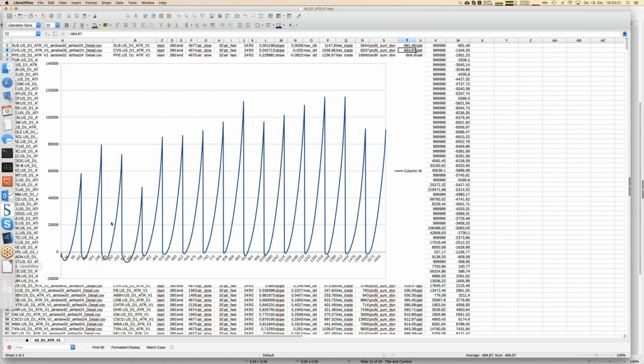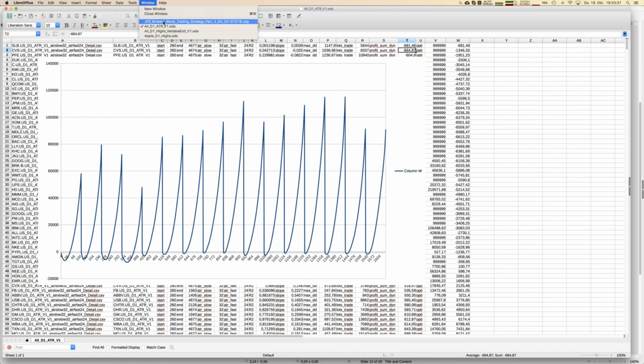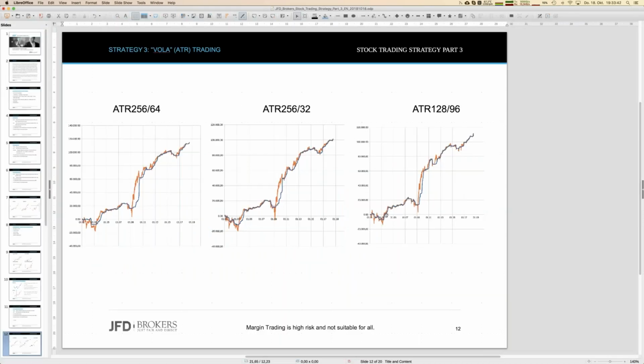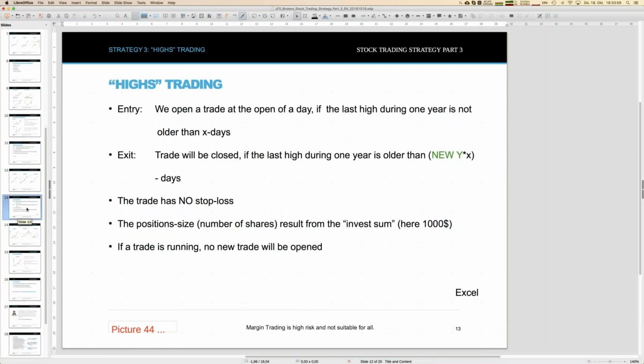And for three kinds of combinations, I illustrated the overall portfolio performance within those three graphs. So volatility was a good idea. It worked, yes, but what we tried to achieve, getting rid of the drawdown, was not achieved that well. Let's go for the other idea, the second one, heist trading.